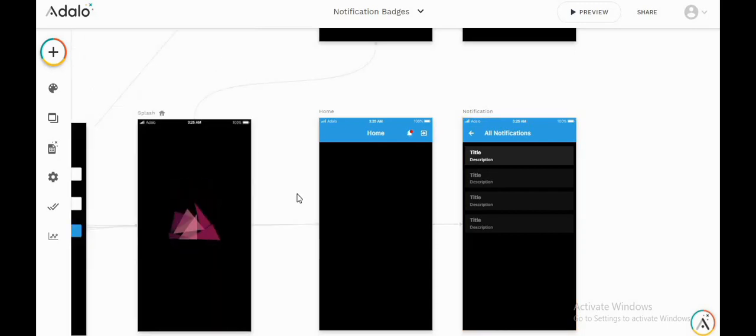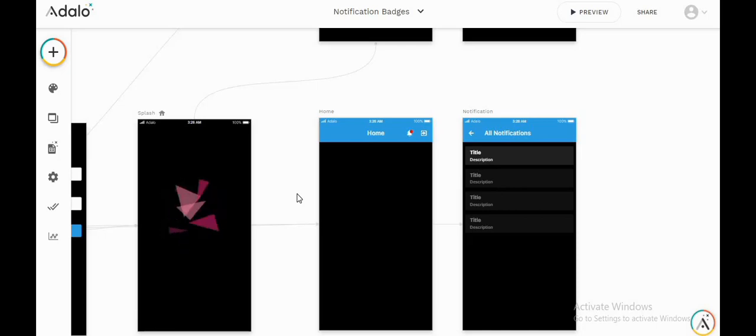So let's say there are total 5 notifications till now, okay, and I as an admin added one more notification, so the total notification count becomes 6, okay, but as a user I haven't yet gone to the notification screen, so the notification count which is registered in my collection is 5, okay.